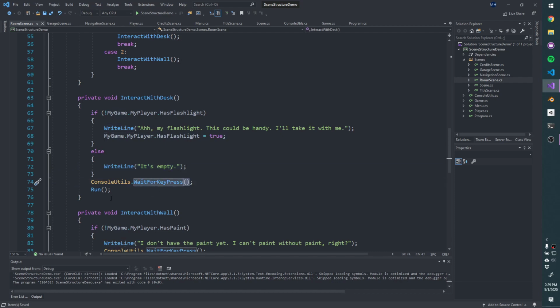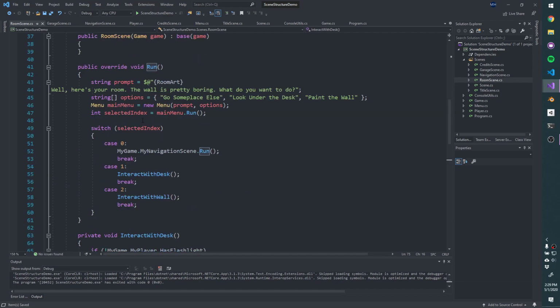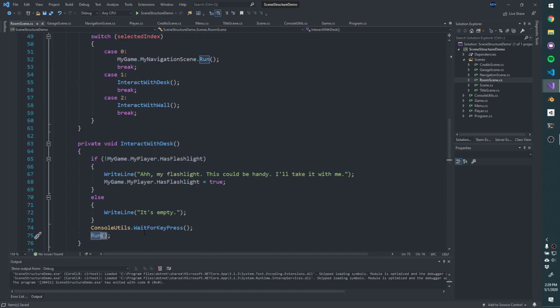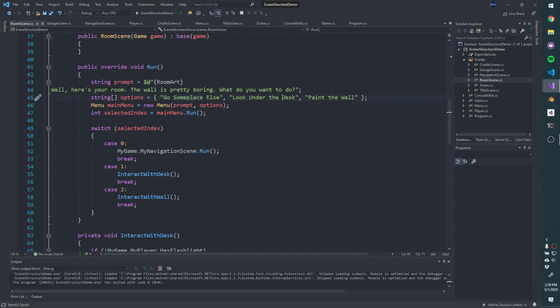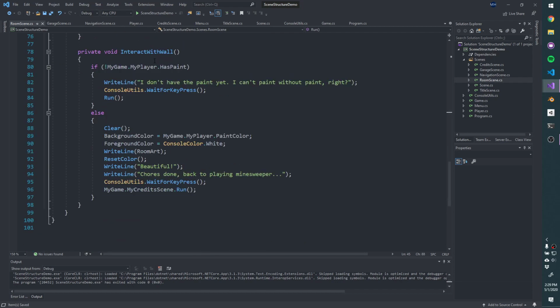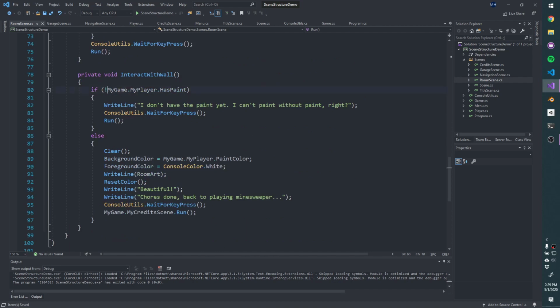We can wait for a key to be pressed, and then we can call the run method to kick us back to this option. So after they look at the desk, they'll be able to go someplace else, look under the desk again, or paint the wall. If we look at the interact with the wall, we can check, does the player have the